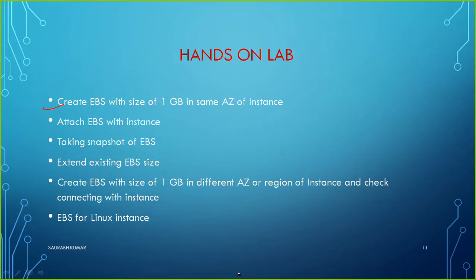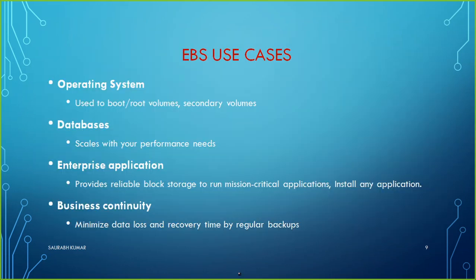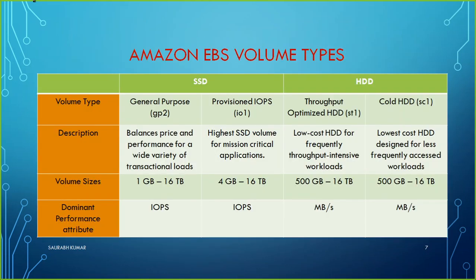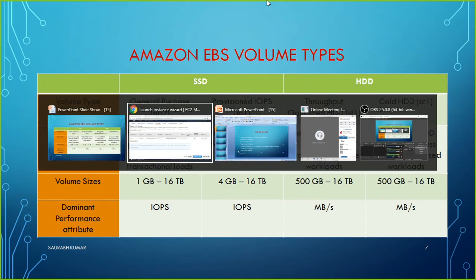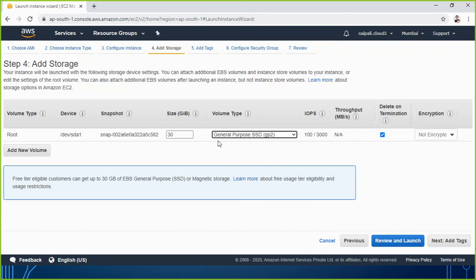The other types which we have discussed, if I go back here in my slide, we discussed that there are some other types also like ST1, SC1. Those names are not appearing here, but don't worry about that. Those names will come when you are going to make an EBS volume manually. Right now we are just creating an instance, and it just goes with the default process. So I'm just going with it.